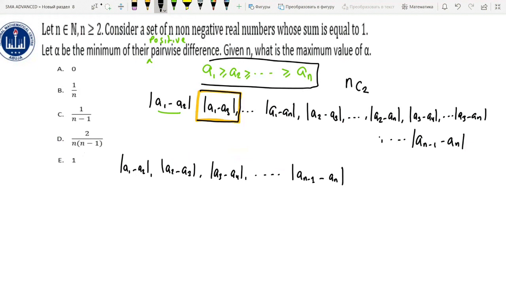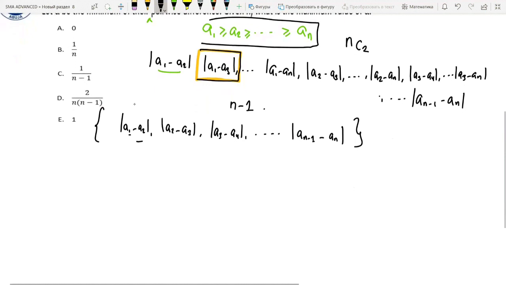That's the difference when the subscripts are just one distance apart. It's not so difficult to see why the minimum has to come from the set of these numbers. It can't come from something like A1 minus A5 or A1 minus A6, because we found another term among these differences that is less than or equal to it. So that's the key observation in this step. How many terms are now in this set that may give us the minimum? There are n minus 1 possible minimums. From here, we're going to start applying our inequality.